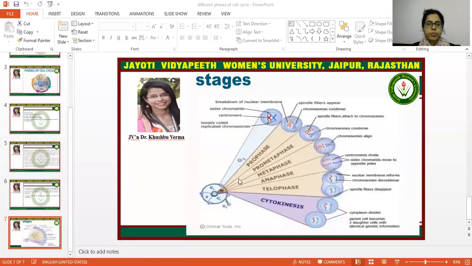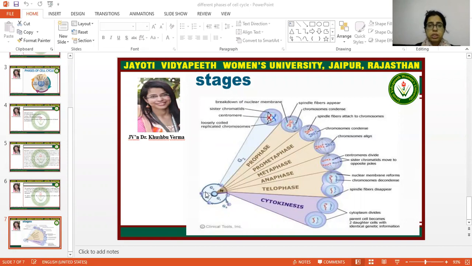Here you can understand the M phase process in detail by this diagrammatic representation, where you can simply see all phases of M phase. This one is G2 phase. This is the cell which has sister chromatids and chromosomes. They are loosely coiled replicated chromosomes right now. They have a centromere. But one more thing: during the G1 phase, all enzymes which are required for the